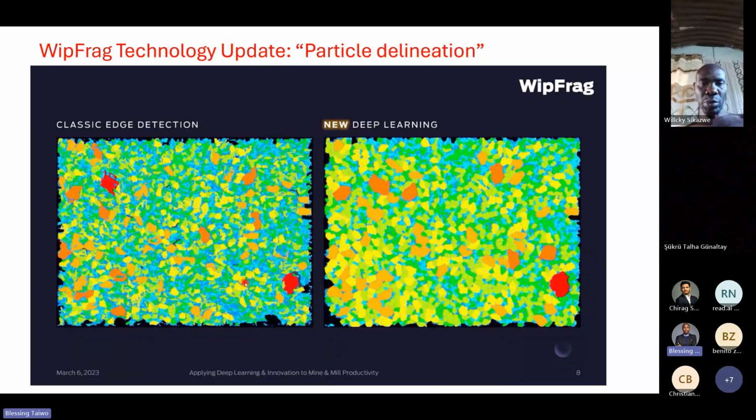So this is the same image processed by an algorithm developed in the 1980s. Now this is the application of an advanced deep learning algorithm that allows the software to not only detect the particles but also correct for any effect of fusion or disintegration. So you can see a much better improvement.